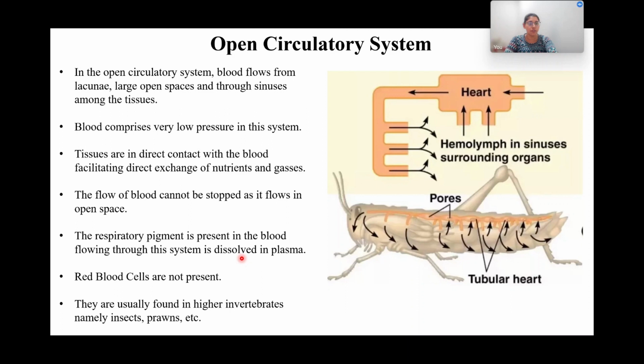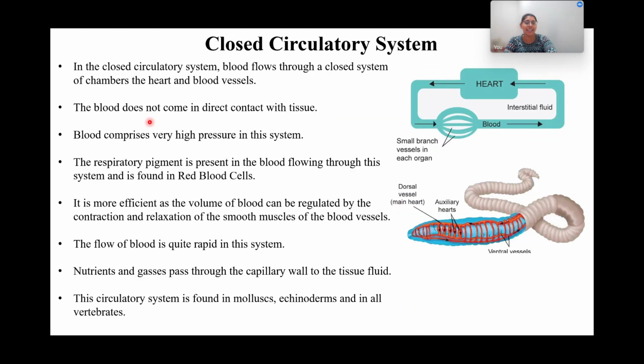And this is in contrast to the closed circulatory system, where blood flows through a closed system of the heart, the chambers of the heart, and the blood vessels. As a result, the blood does not come in direct contact with the tissue, because it is flowing in a membranous tube. This blood is under high pressure, and here you have red blood cells in the blood which carry the respiratory pigment, which is responsible for carrying oxygen to the lungs. And they are more efficient as the volume of blood here can be regulated by contraction and relaxation of